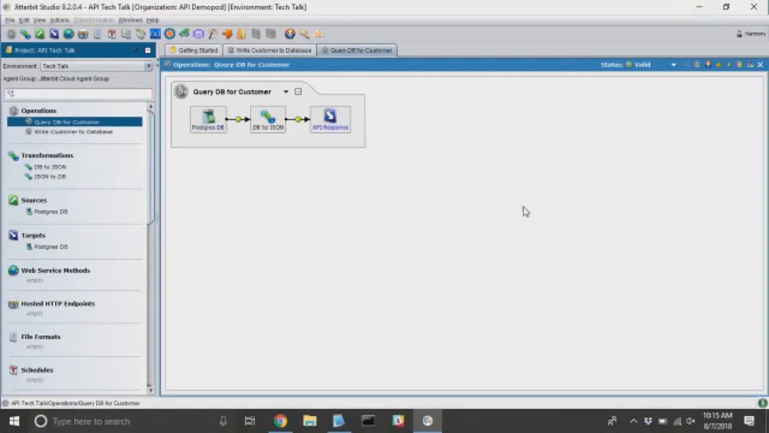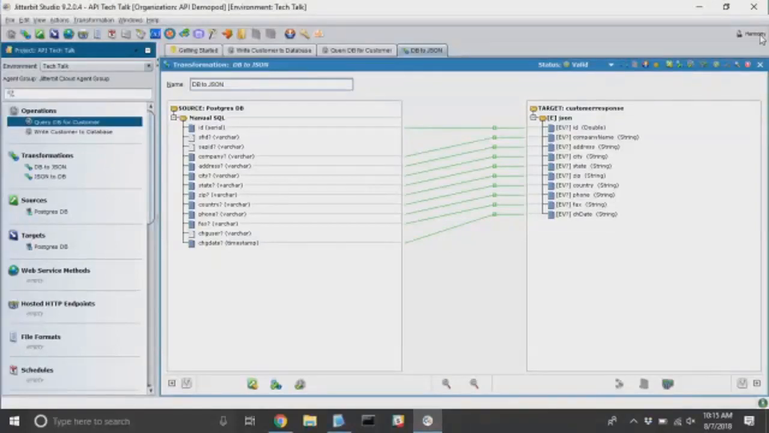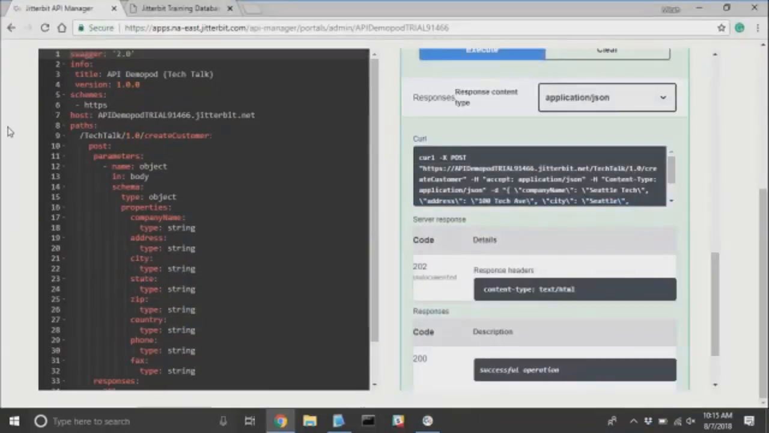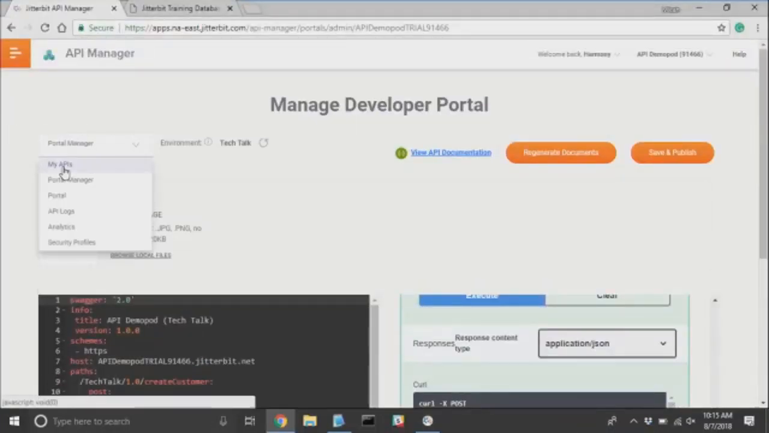Absolutely. Okay. So this is an example. Now the operation is already built, so I'll give you that. It's not totally from scratch. But all we're doing is we're pulling records. We have a custom query in here. We're going to transform that from our database to a JSON structure, and then we're going to return that once again to our API. So if we go in here, back to the API Manager,